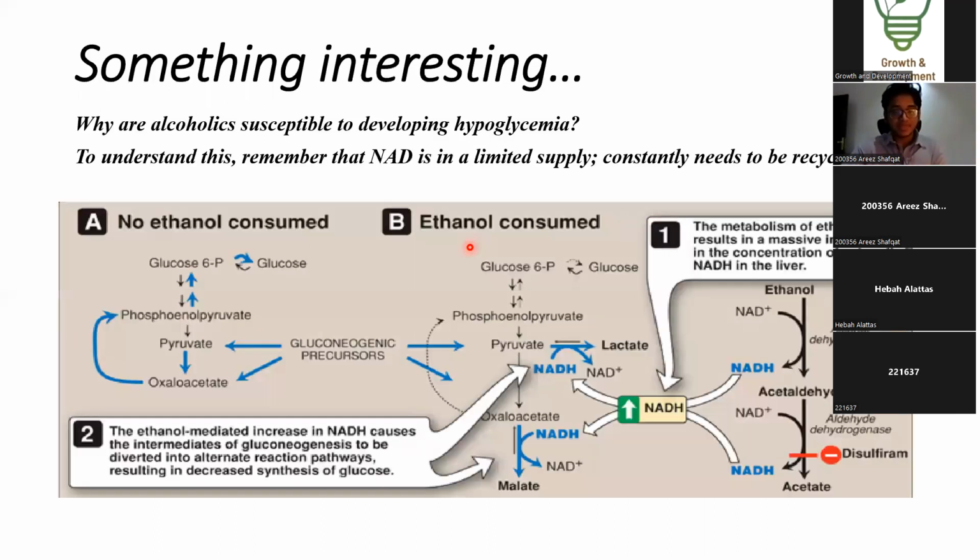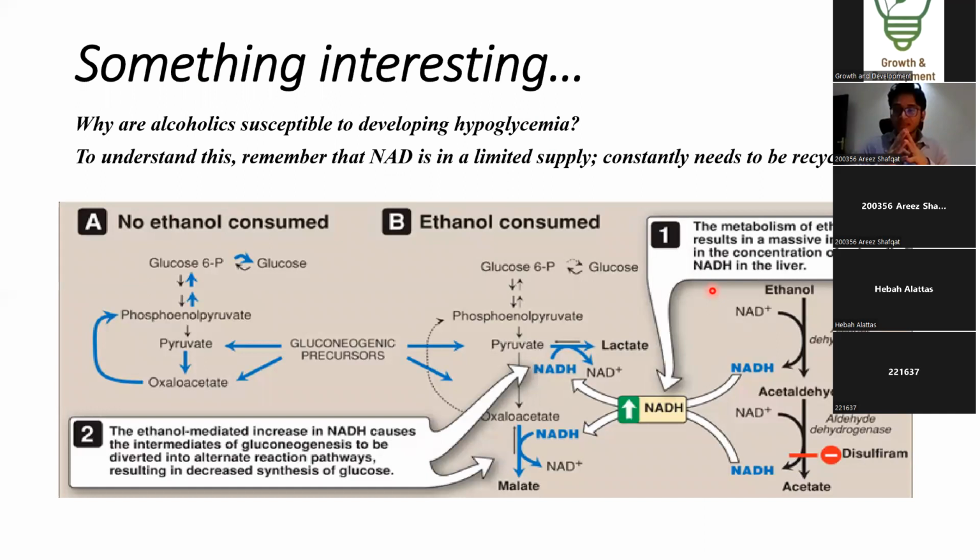Okay. Now, if any of you attended my cardiac function curve PAL session, you will remember that I told you, or probably you don't remember, that I told you that alcoholics are susceptible to developing hypoglycemia. But how do you understand the mechanism? It's very, very easy. Look,